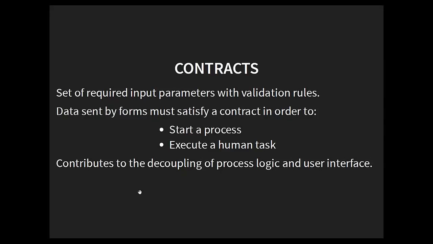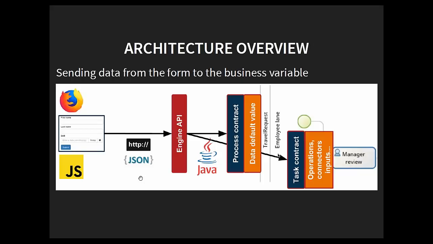But you know what? A process could be also calling a sub-process. So sometimes when you call a sub-process and this sub-process has to start a new case, this sub-process will require that you provide the contract information as expected. So it's not even user interface, it's also technical. You want to make sure that this process has the right information at the right time, whether it is coming from an end user or from a technical request.